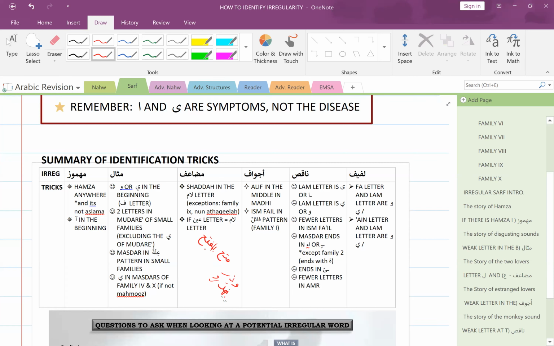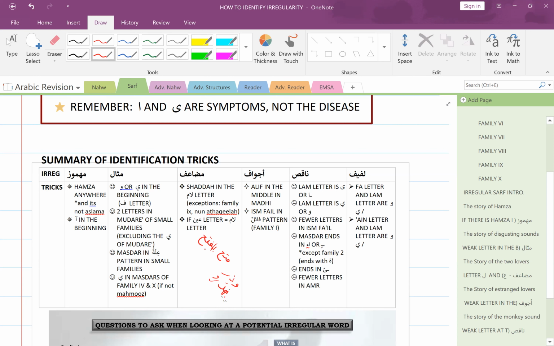Definitely the weak letter dropped because we don't like the ew, the ayu, the weird sounds. So we dropped it to make it sound better. The disgusting sounds were removed. So that's a dead giveaway of mithal. Okay. And of course, if you see the masdar is in ilatan pattern, remember mithal has 2 masdars. One is in the ilatan pattern, one is just in the normal pattern. Or sorry, in whatever pattern that it may have. But ilatan is a common mithal pattern.